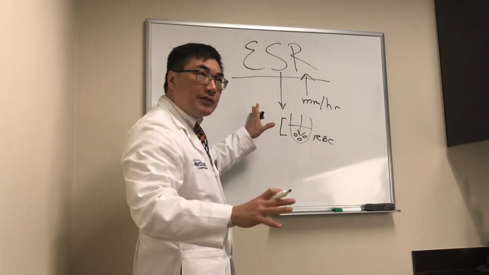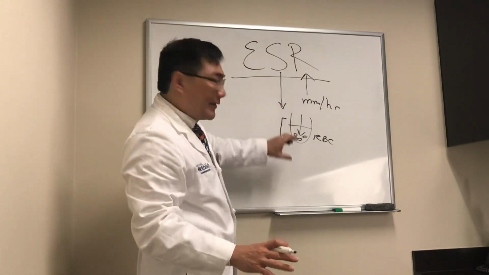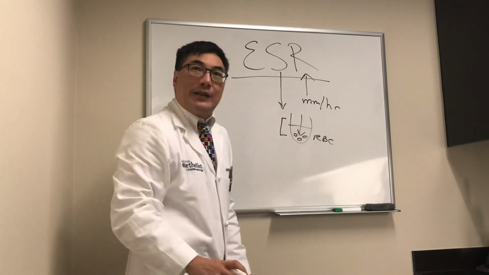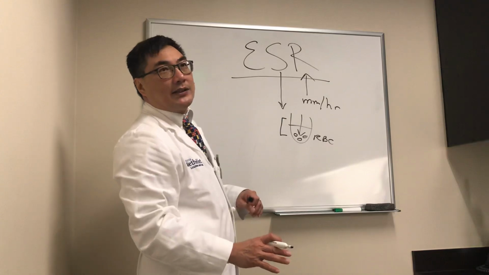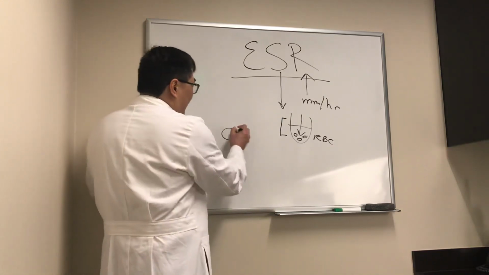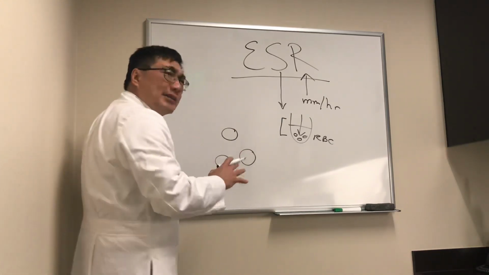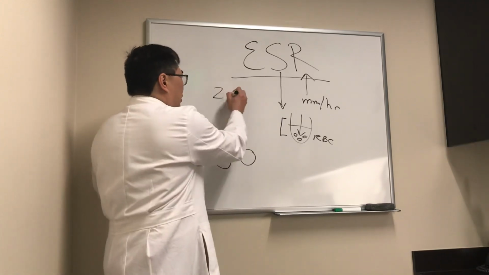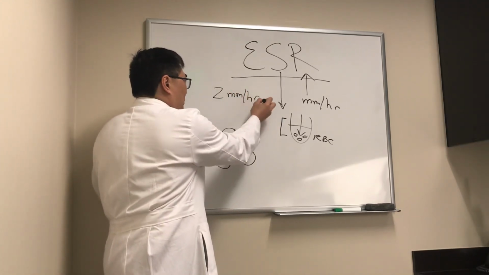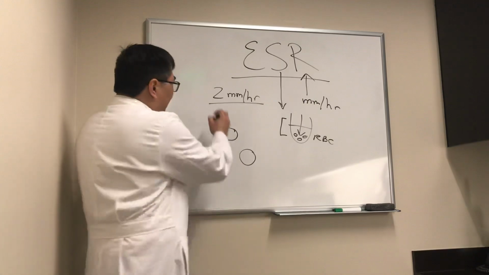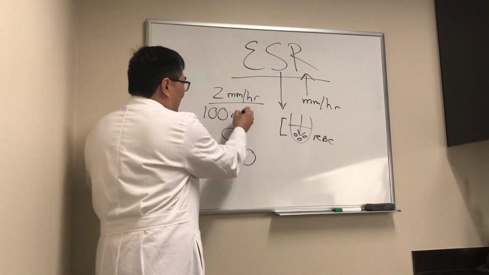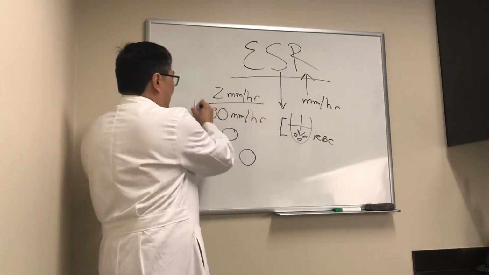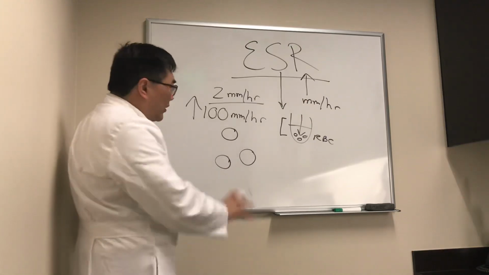It's from the 1800s, in fact, because it's not very technical. You look at the tube, you look at the tube again. You measure how much the sedimentation rate was. And the thing that prevents red cells from sedimenting, the reason your sed rate is normal, presumably, and is only 2 millimeters per hour, and a patient with giant cell arteritis sed rate is 100 millimeters per hour, the reason